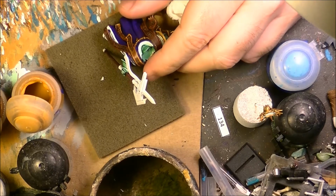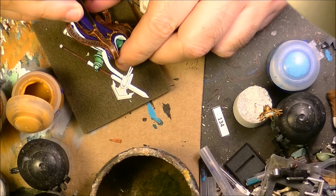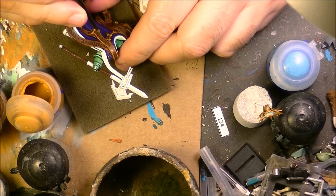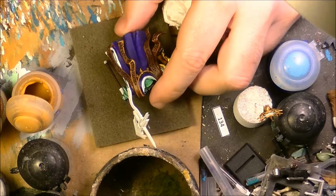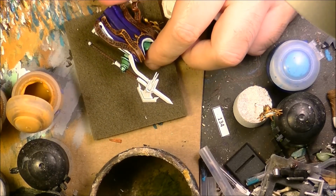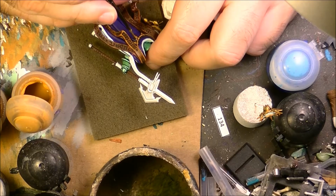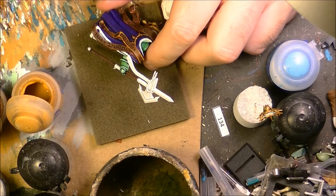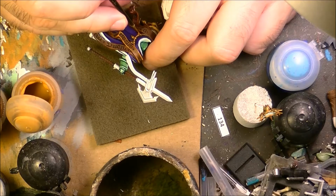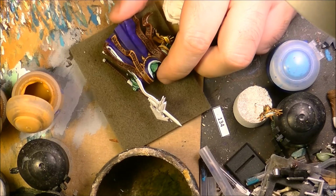Just to break the uniformity, you don't want this to be really super uniform in color. I will go with the base color between the runes to make them sharper. And this will do the color. Then the only thing I'm thinking, you have to be careful applying the ochre because it's very close to the gold color, so you want to keep the difference between the gold and the brown. If you go too close with the ochre to the brown, to the gold, sorry, you will lose